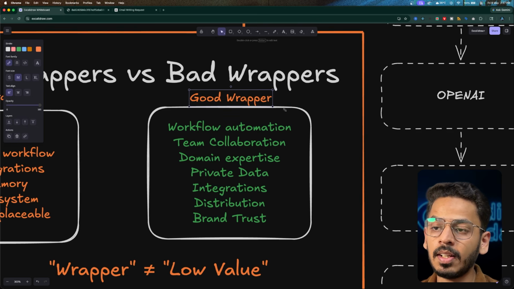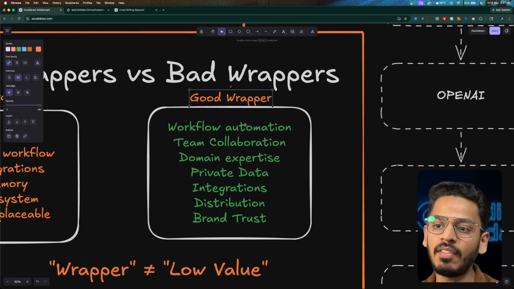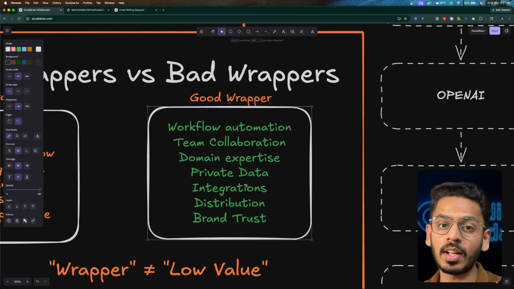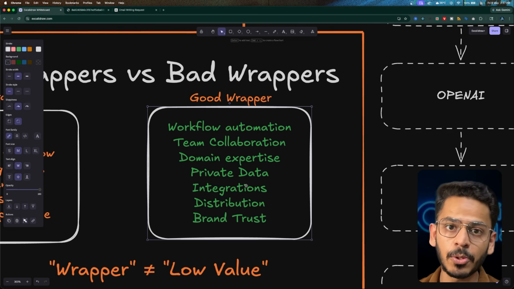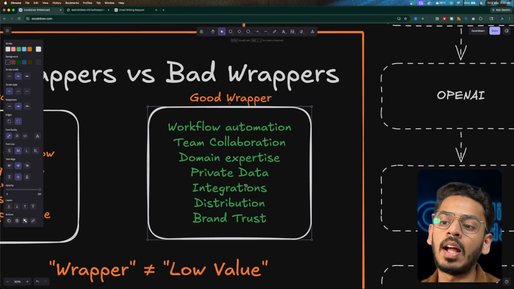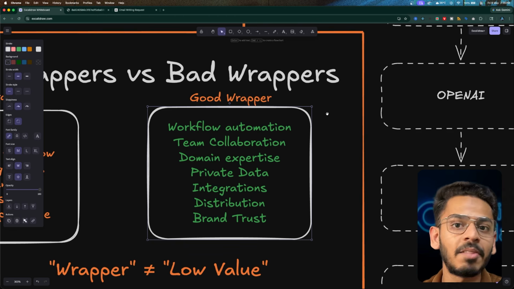Okay. So if you see companies like OpenAI and Anthropic, they have all these features right away. You can have integrations, you can connect to different MCP servers, you can connect to different tools. The distribution is there, people are now able to trust these brands, the domain expertise is there, and you also have your private data. That's where we say these are good wrappers and good billion-dollar wrapper companies.